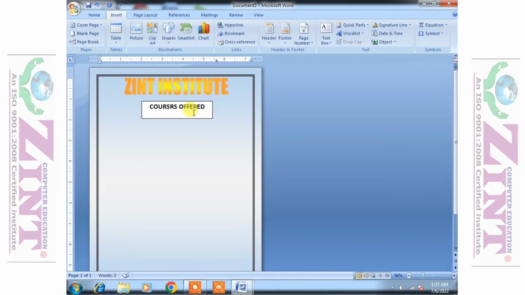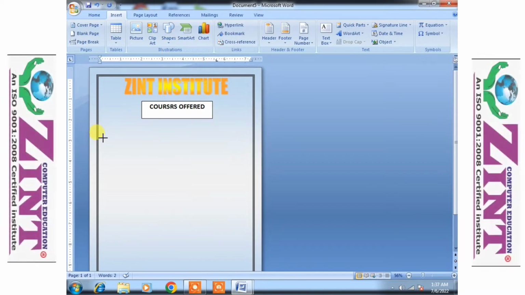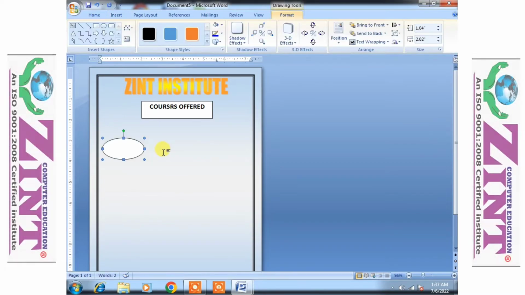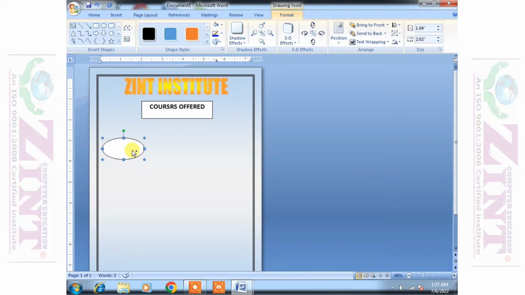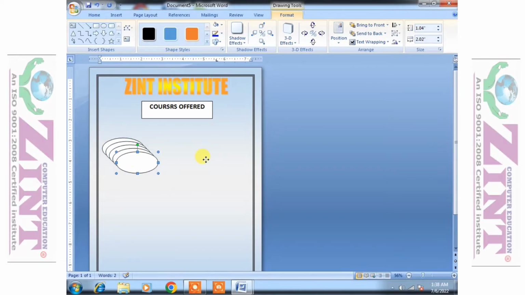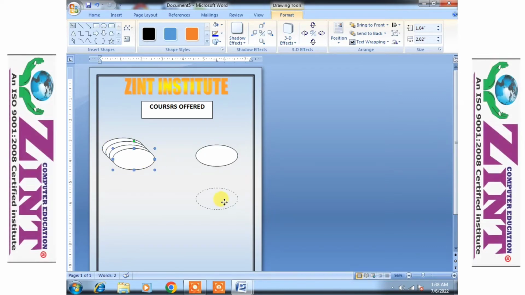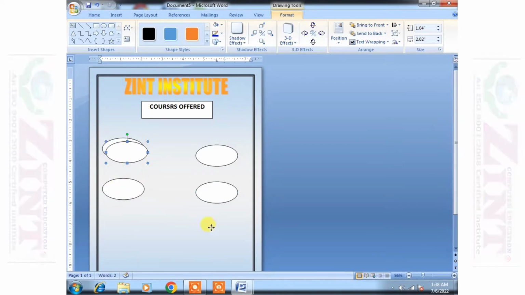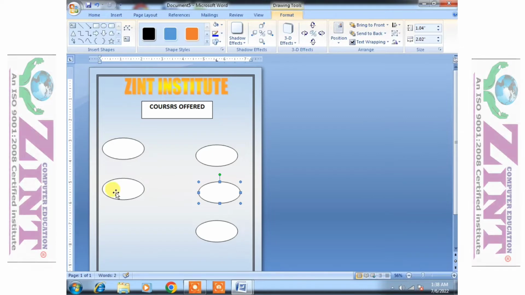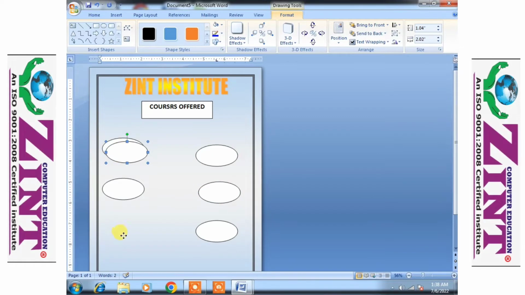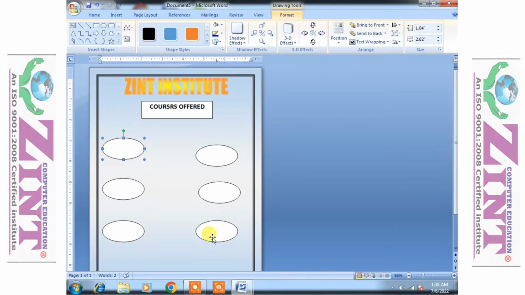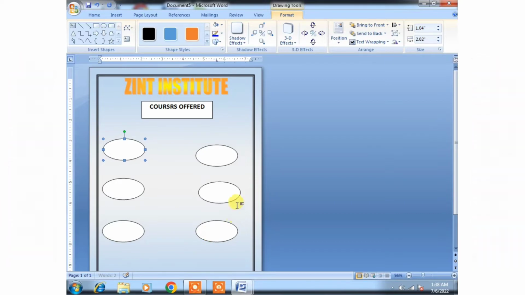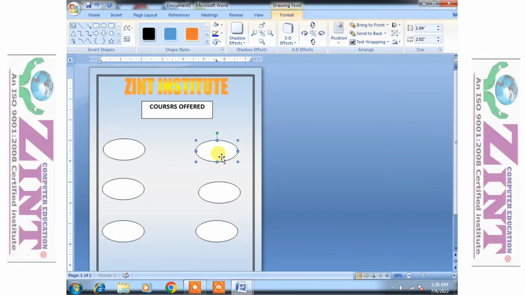Then next I am also taking other shapes, an oval shape, and using the copy and paste option I am using the different shapes for writing the different courses available at our institute. And with the help of the nudge option, you can adjust it as you want.